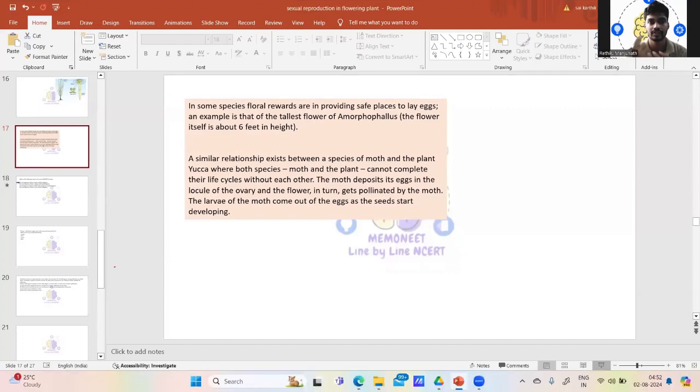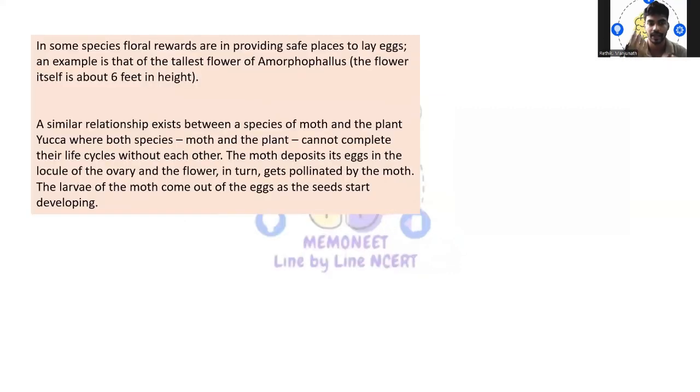The wind pollination, then water pollination, and pollination by animals, that is biotic pollination. In biotic pollination itself, some kind of mutualism can be seen. Some plants or some flowers of the plants normally provide a safer place to lay eggs as a reward. As a reward, those insects are going to help in the